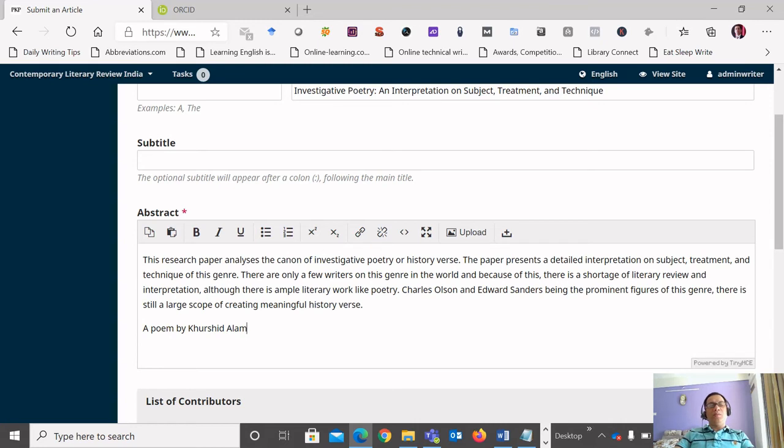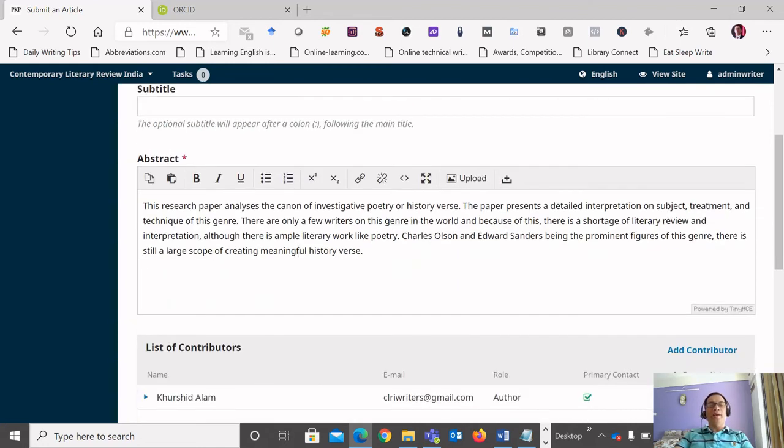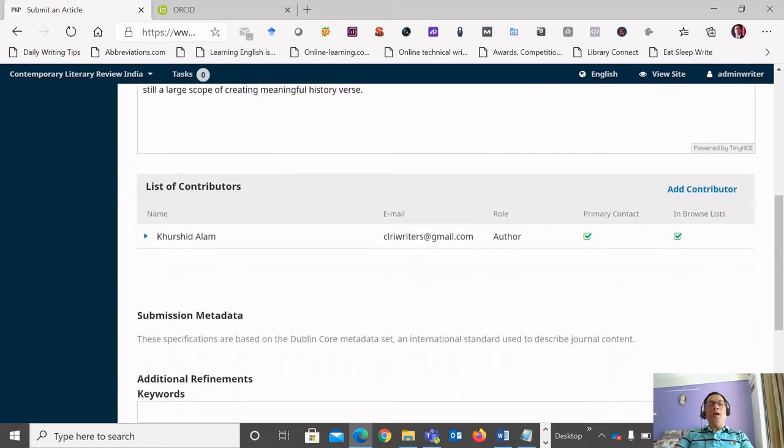Either you can mention the title of the poem. For example, if I'm writing the sunrise, a poem by Khurshid Alam, you can mention this only. If you are submitting a poem, a story where you do not actually have any abstract or you do not need at all, but in research paper you have to mention abstract, so I have mentioned here.